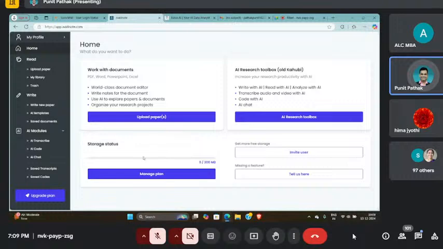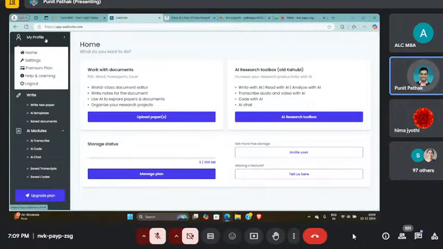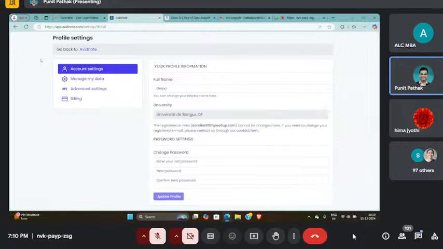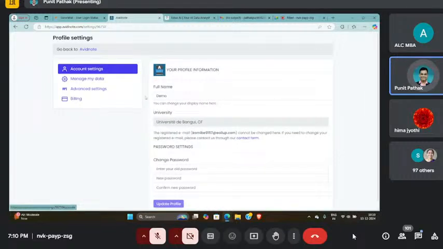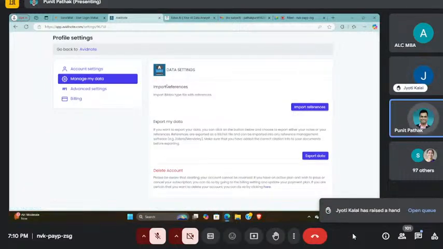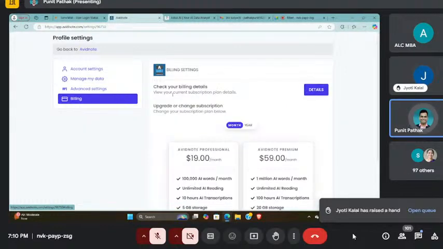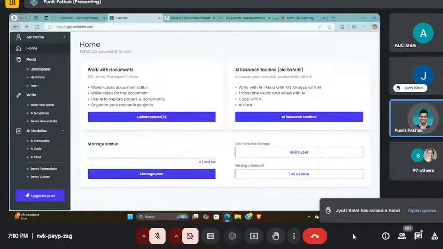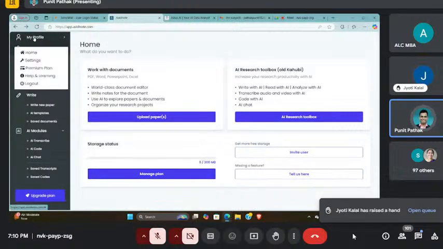Before doing that, however, what I would like to do is to show you the profile section where I can go to the settings button. And here we can see a few elements where we can see management of our data, which can be imported and exported in the form of an email. We can upgrade our plan if we wish to do so, etc. So that can be accessed from the My Profile icon right here. And it also has a very in-depth and detailed help and learning tab, which would enable us to basically